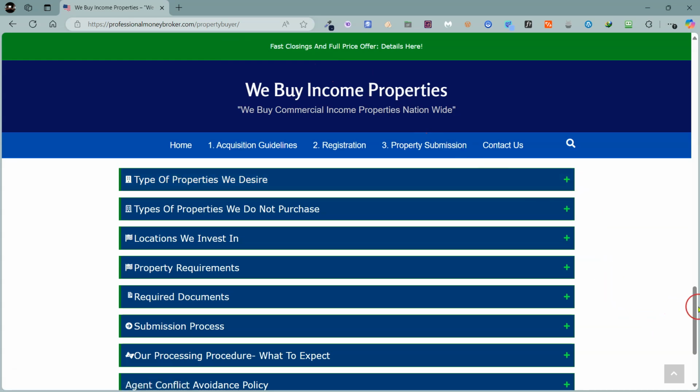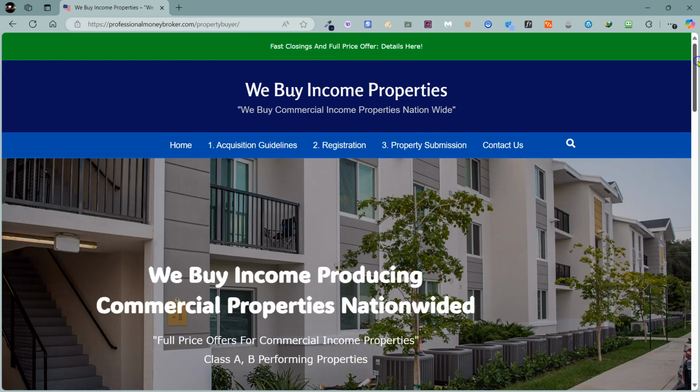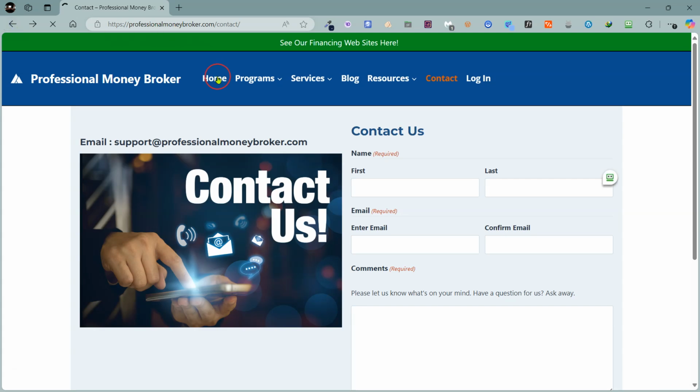So that's in the investor site. So we use this site when we go out to LoopNet and make those full price offers. We shoot them from this website here. This is where we drive people back to. All right. Now,